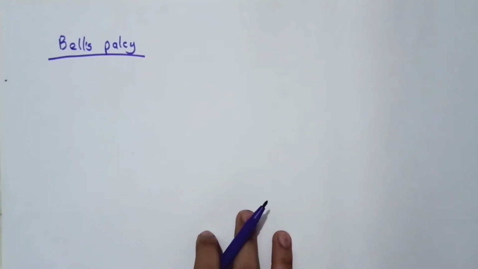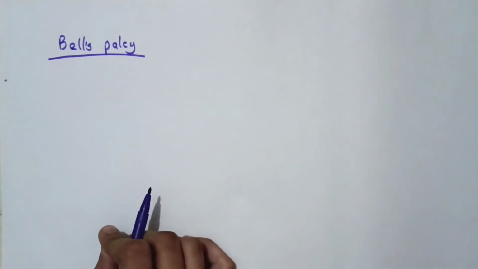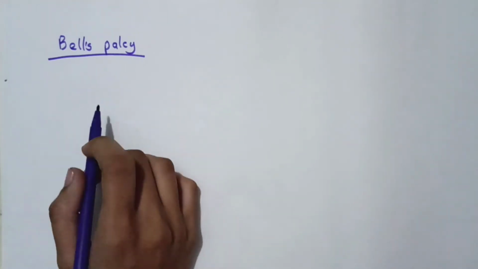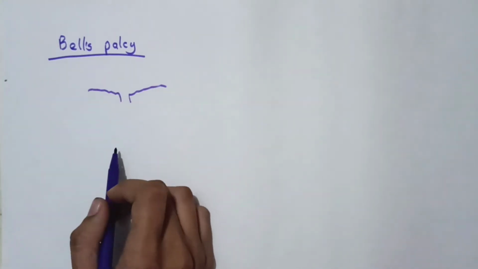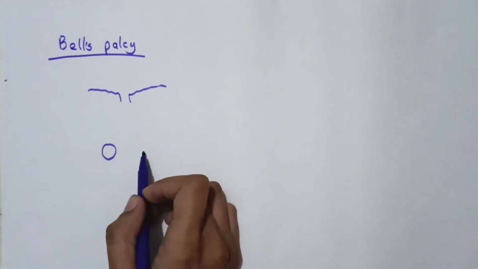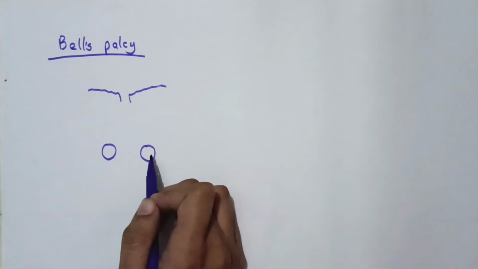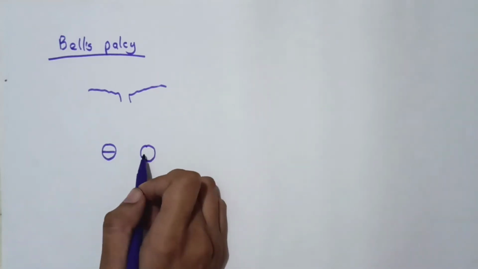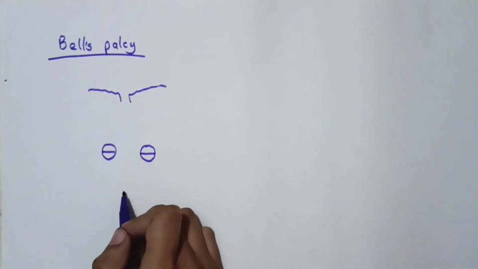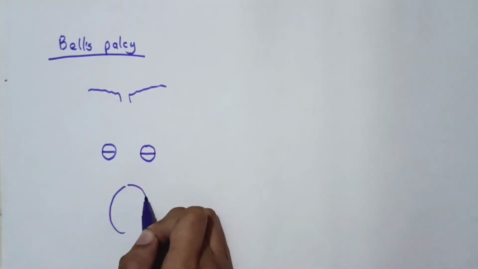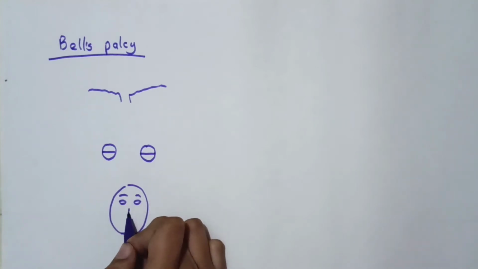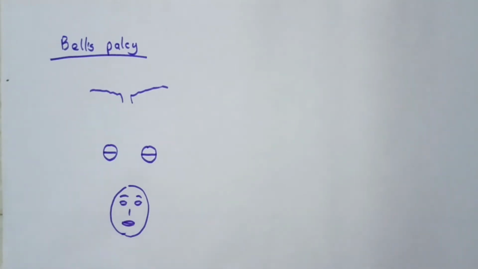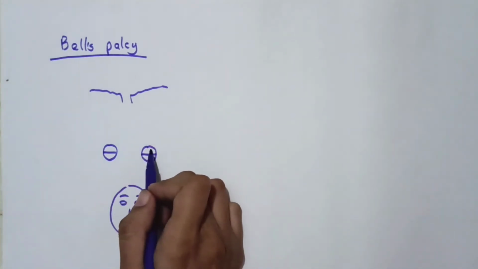Before getting into this topic, let's see the root of the facial nerve. Here we have the cerebral motor cortex, then we have the facial motor nucleus in the lower part of the pons, and this nucleus is divided into two halves, upper and lower. Then here is the face, and this is the upper part.